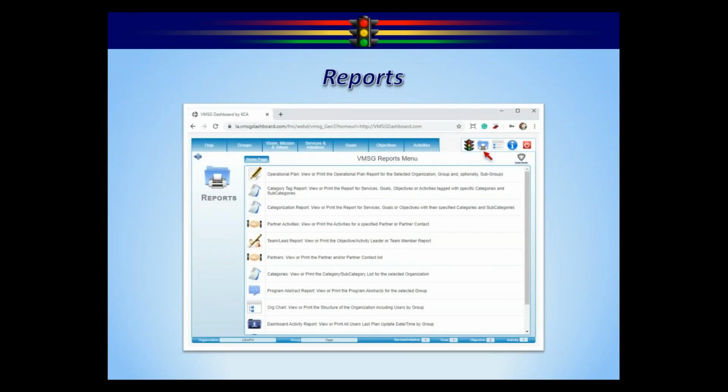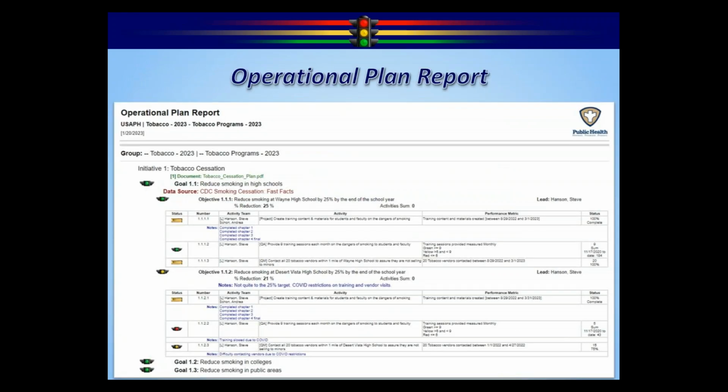Reporting is all built in. There's a boatload of reports, and we're going to go into this in great detail when we get into the performance monitoring training, which will be training number 4. But the operational plan report is the most common report, and it would look something like this for the plan